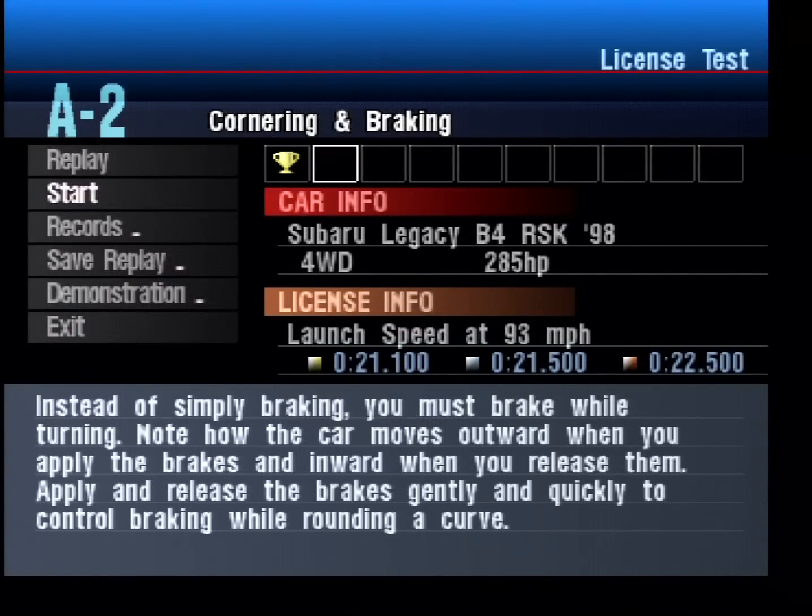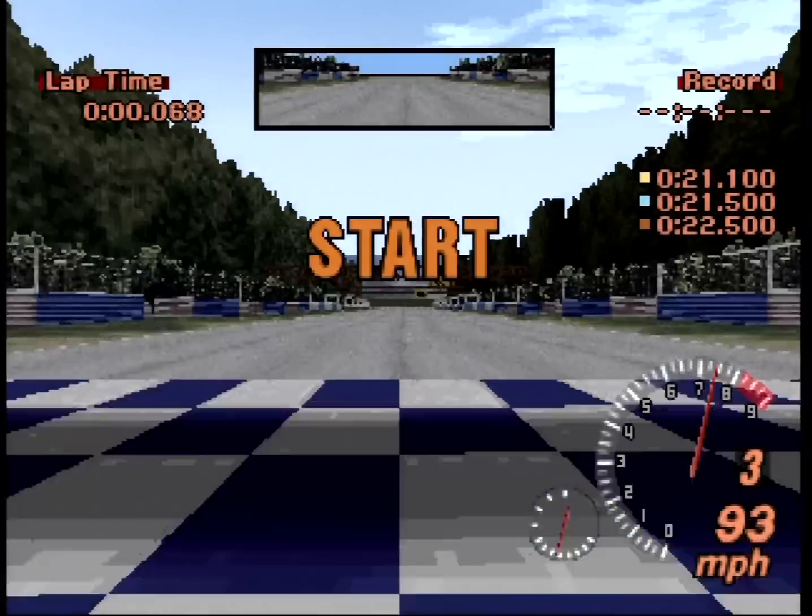Cornering and braking in a Legacy B4 RSK 98. Instead of simply braking, you must brake while turning. Note how the car moves outwards when you apply the brakes and inwards when you release it. Apply and release brakes gently and quickly to control braking while rounding a curve. Okay. I'm going to have to get more of an idea of what you're talking about when this test starts, but...